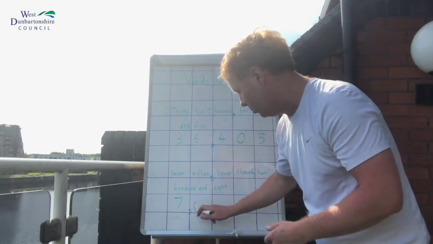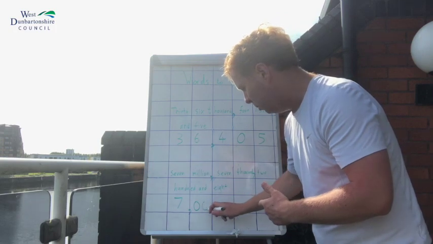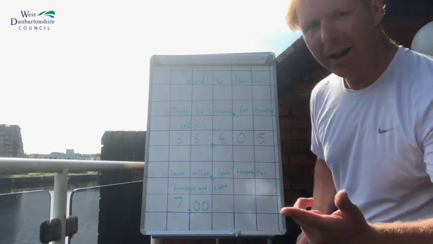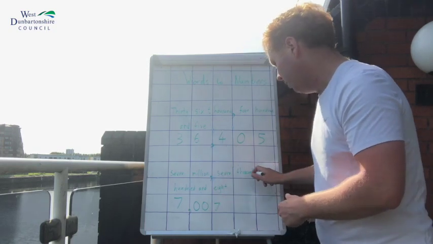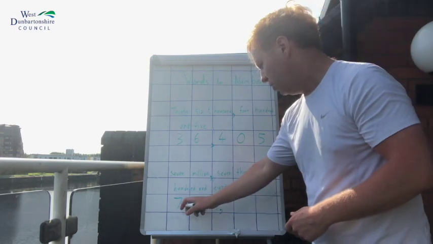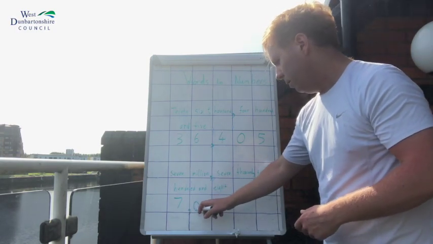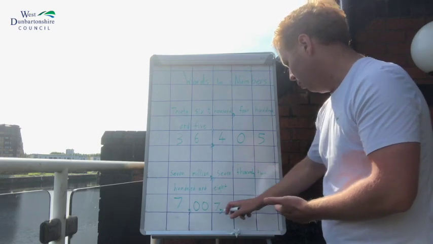I'm going to have to put a 0 as a placeholder in the hundreds of thousands. I'm going to have to put a 0 in my tens of thousands, and then it's just 7,000. 7 and then 1,000. Oh yeah, nearly forgot, put my comma in. So I've got 7 million, no hundreds of thousands, no tens of thousands, 7,000. Put my comma for my 1,000,